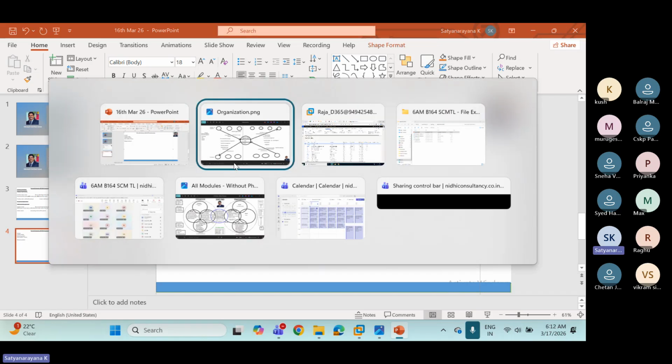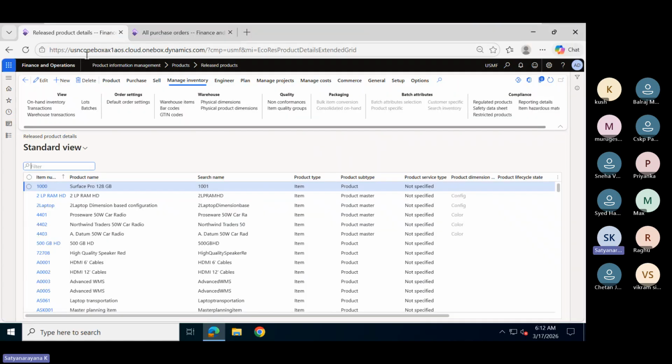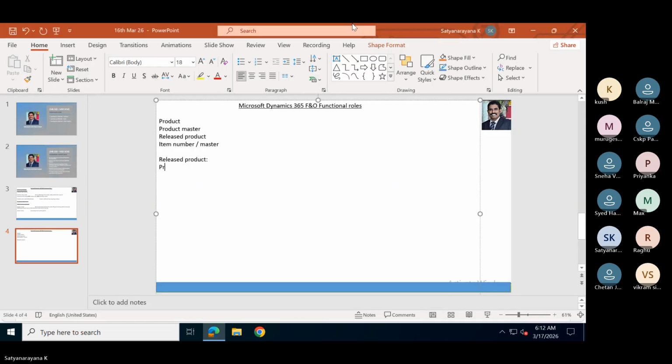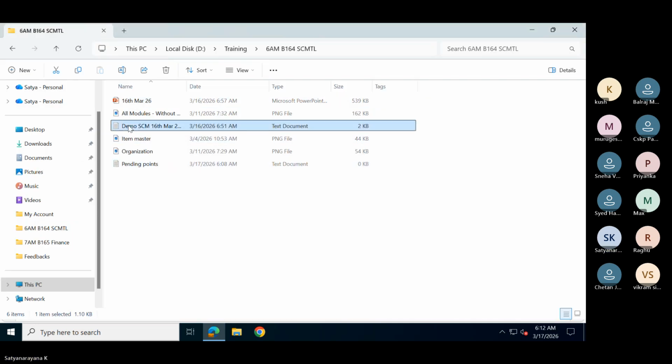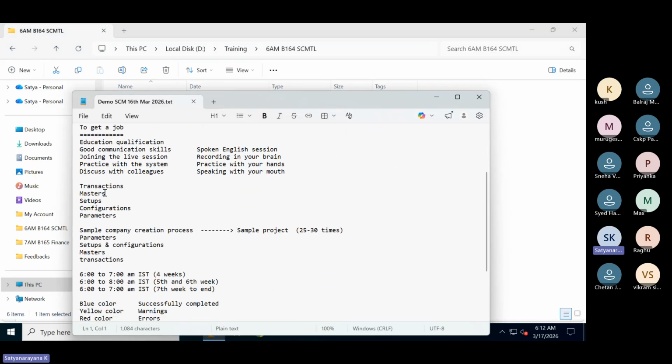Released product here, the first screen. Product information management, products, released products. Okay, this is a master. If you remember, I told you one is transaction, one is masters.